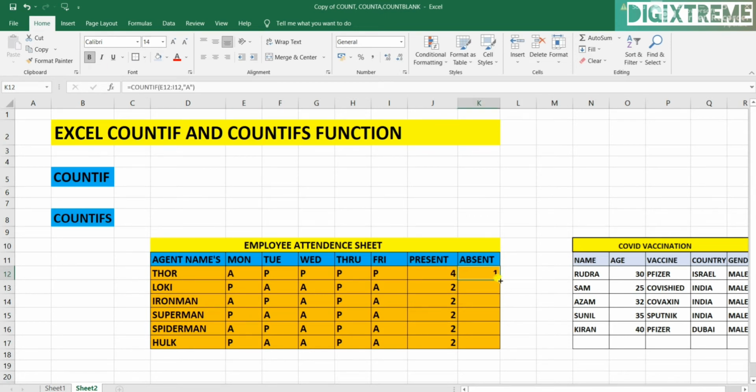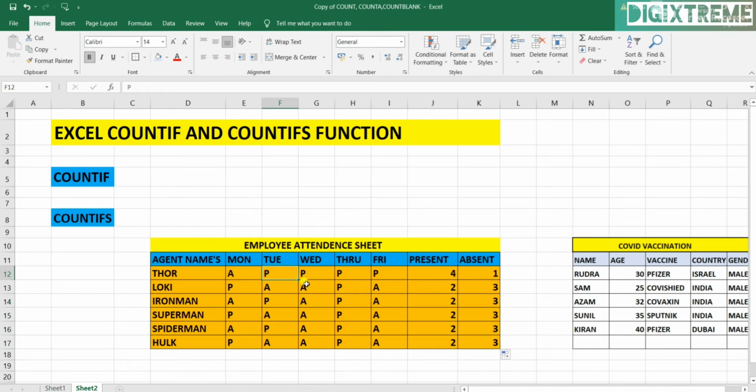In the same way, we can break this down. Now we have got the data for the rest of the agents as well with the formula, because we have applied the formula here. If I make any changes, it will also reflect here.